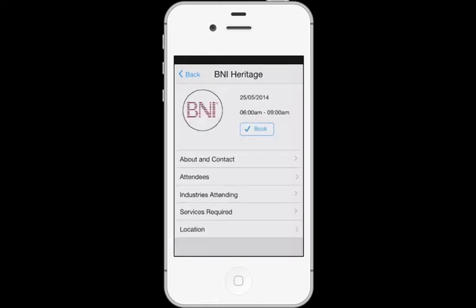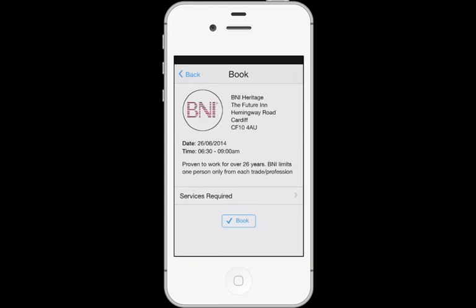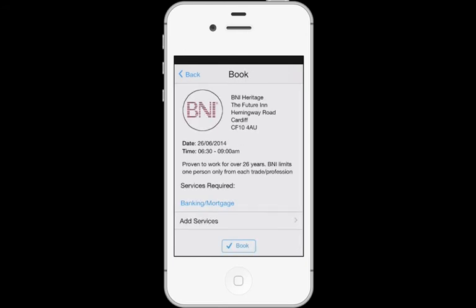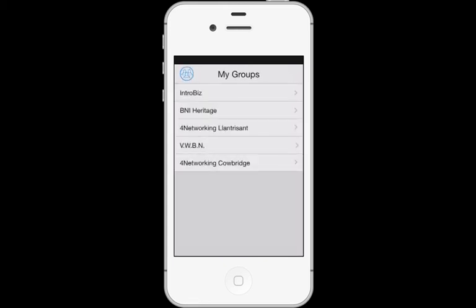So I'm going to book onto this meeting, so I click book. Then I want some services, so I'm going to click services required. And for this prototype, it's banking and mortgage. So it's listed there and I'm going to book it. And then here, these are the meetings that I've booked onto already. And if I go back, then we're right back on the home page